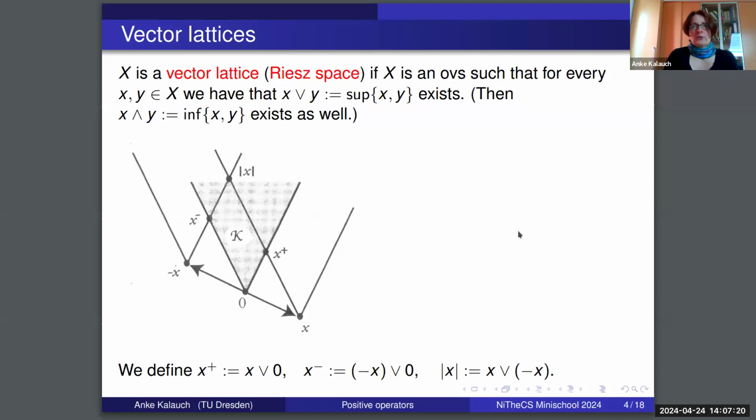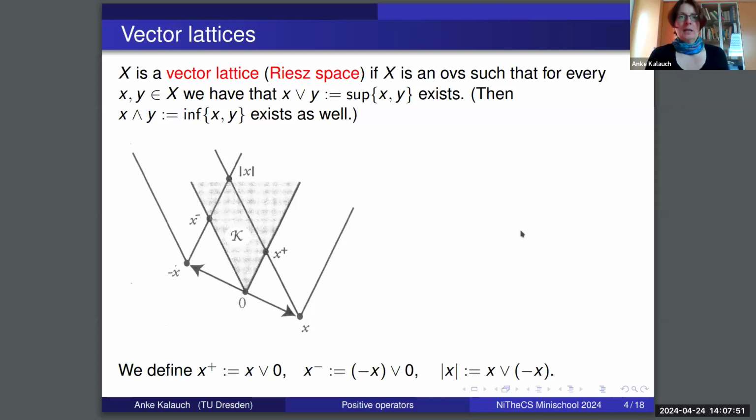So what we want is, in many cases at least, that X is in addition a vector lattice or a Riesz space, meaning it is an ordered vector space such that for any two elements, the supremum exists. And due to the vector space structure, it's then easy to show that the infimum exists as well. And these vector lattices are nice in a way that you can do many calculations as you can do